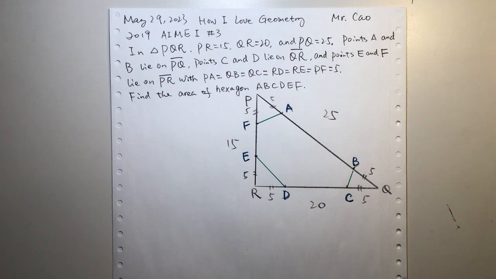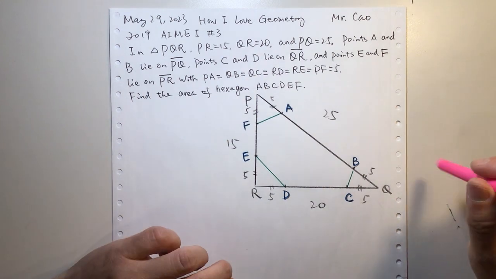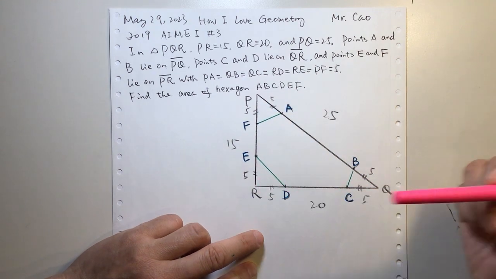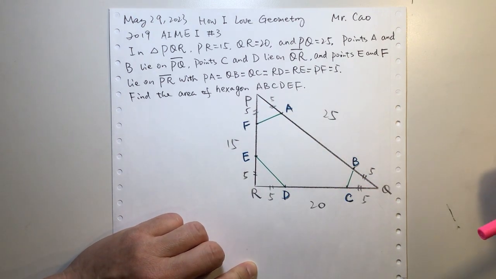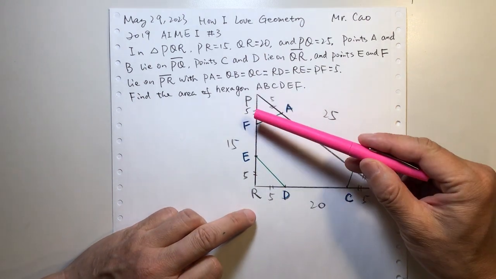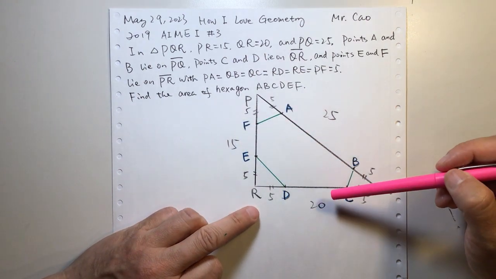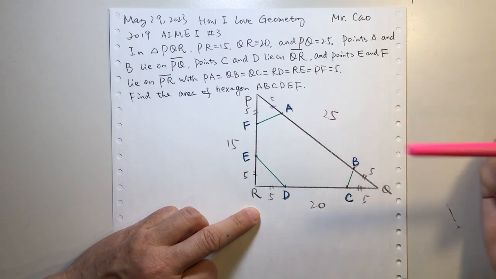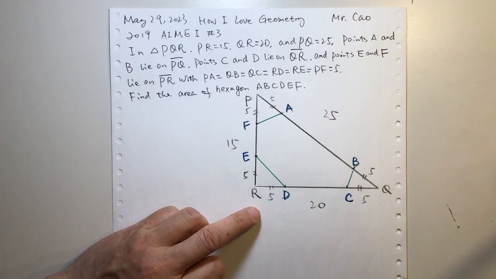I'm Mr. Cao. This problem is 2019 AIME 1, problem number 3. PQR is a triangle and the lengths of the three sides are PR is 15, QR is 20, PQ is 25, and